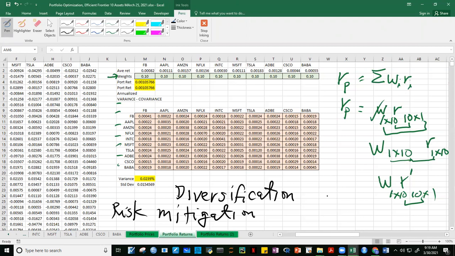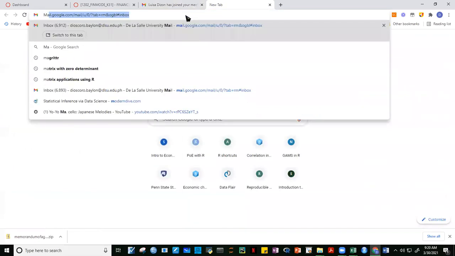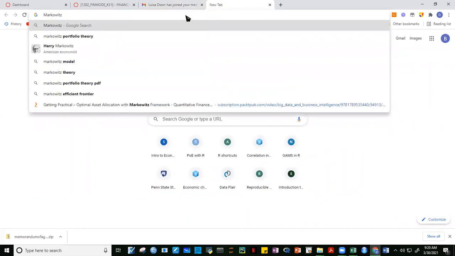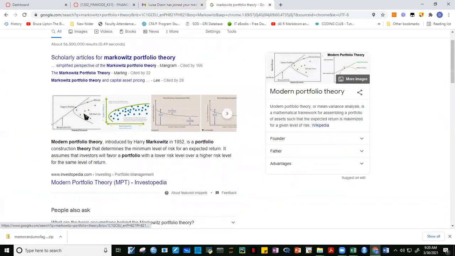So it's important that... diniscuss nyo na ba sa invest yung kay Markowitz? No, sir. Hindi pa? Okay, so assignment mo yan ha. Read about, pakita ko lang ha. So, si Markowitz, Nobel Prize portfolio theory. So read on what Markowitz's portfolio theory is. Ito yung gagawin natin ngayon. Yung efficient frontier. This one. And this capital allocation line.